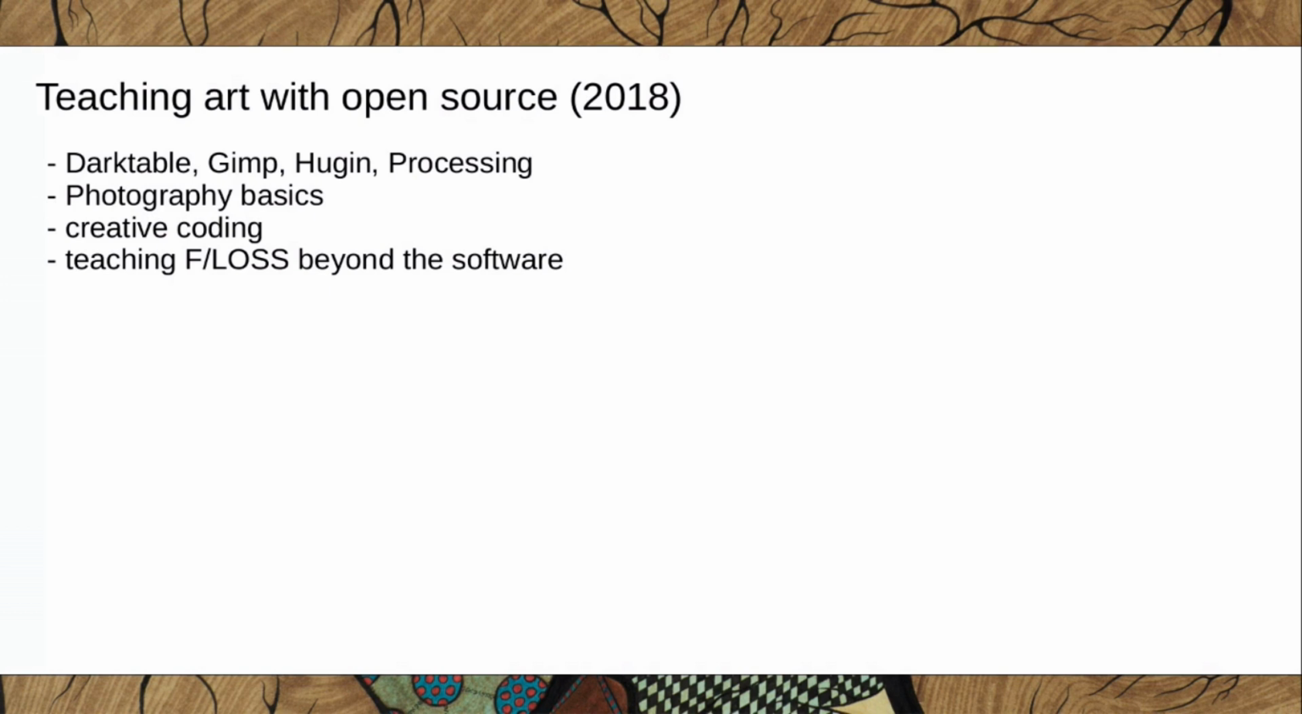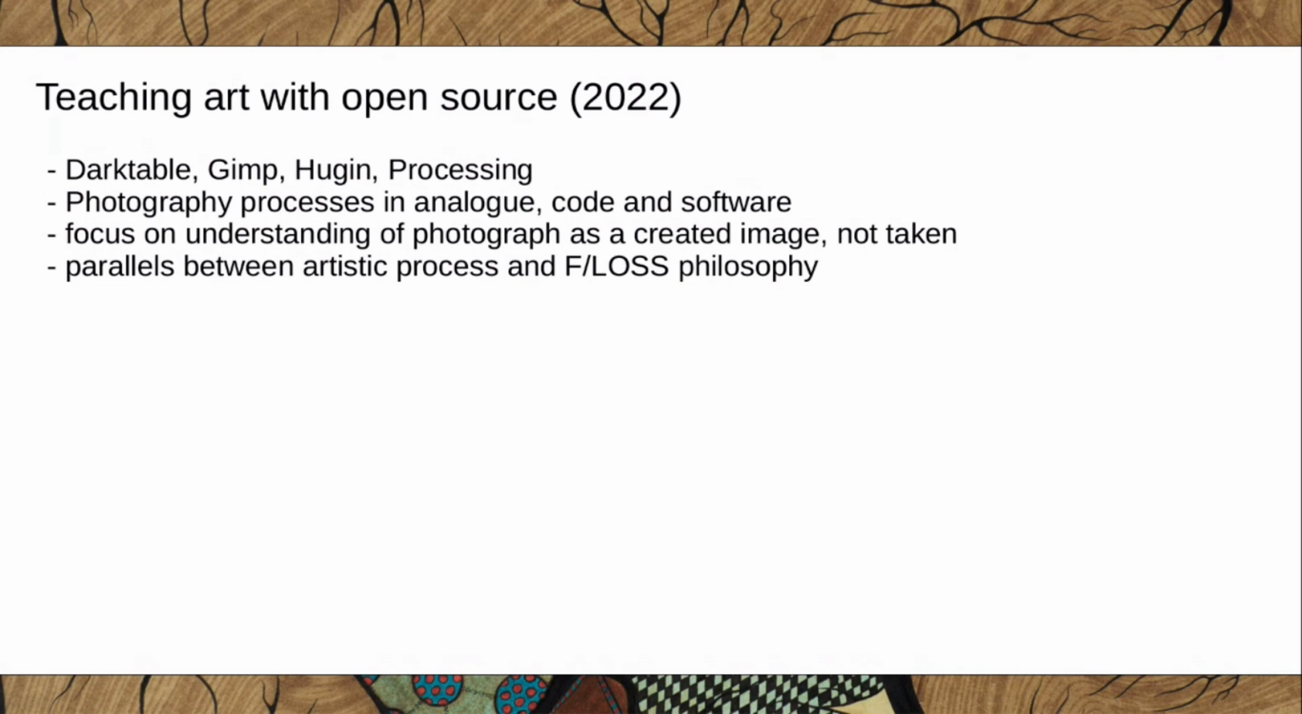And I had this idea that I want to teach free and open source software beyond just the software. So getting a little bit into the culture of it. This is what the class looked like in 2018. This is what it looks like now. So what exactly changed? Still the same software, still the same content, but what I realized somewhere in the way